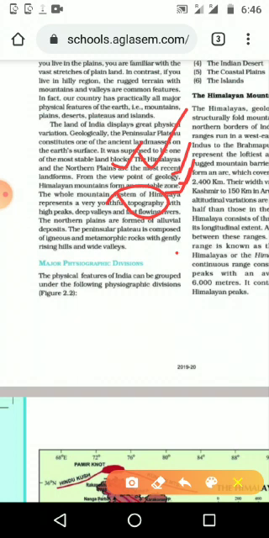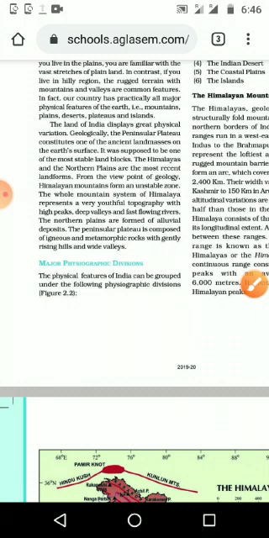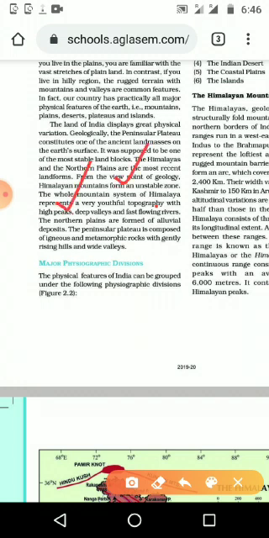Everest, and many other very high peaks we can see. And at the same time we can see deep valleys and fast flowing rivers. We know the major 3 rivers flowing through India start from more or less the same place: the Indus, Brahmaputra and Ganga. So we can see many specialities related to Himalaya. One is that it is youthful in age. Then we can see many high peaks, deep valleys and fast flowing rivers. These are the 4 features of Himalaya that we will study in the next features.